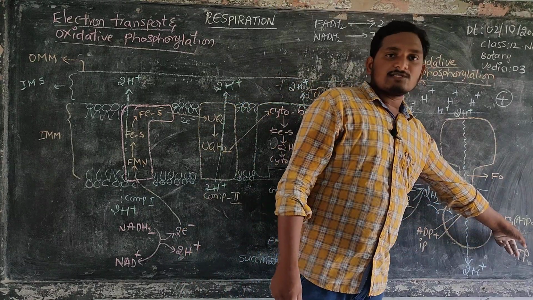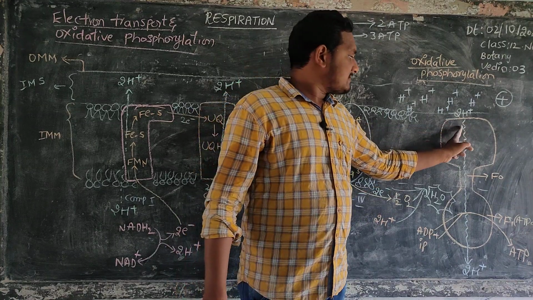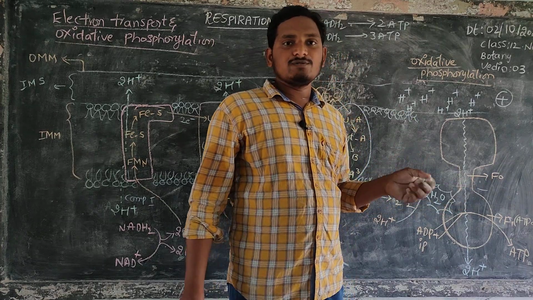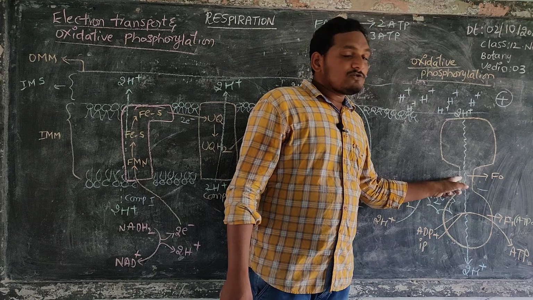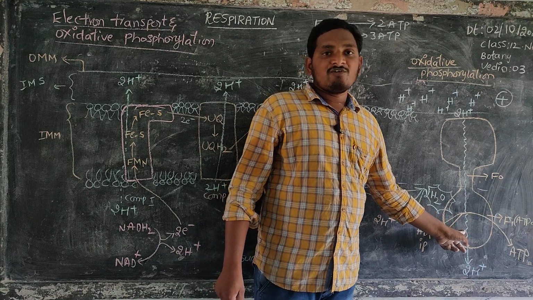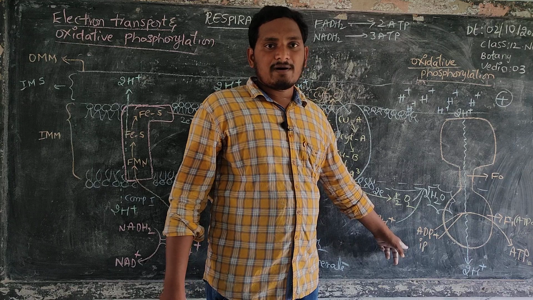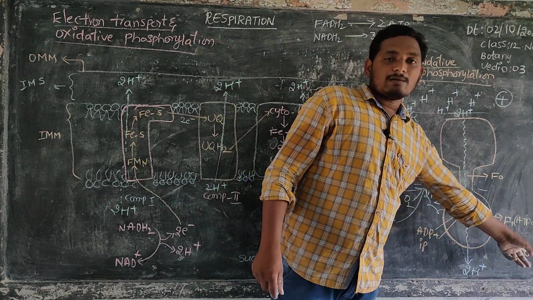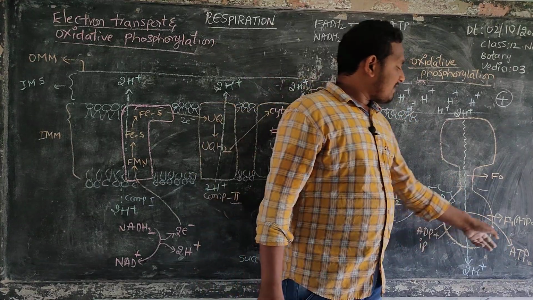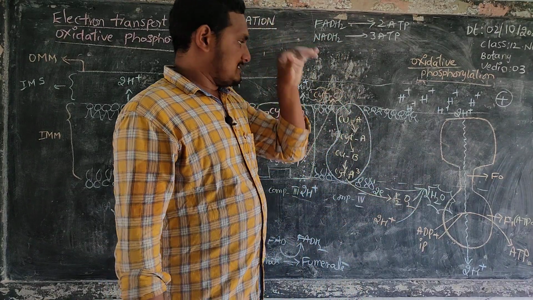The F1 particle also acts as ATPase, for synthesis of ATP. For this process, a pair of protons generally travels through the F0 particle. The F0 particle provides facilitated diffusion to these protons, which travel to the F1 particle. The F1 particle helps the binding of ADP and one inorganic phosphate to make up one molecule of ATP. So with the help of the enzyme ATPase, the F1 particle also acts as ATP synthetase.